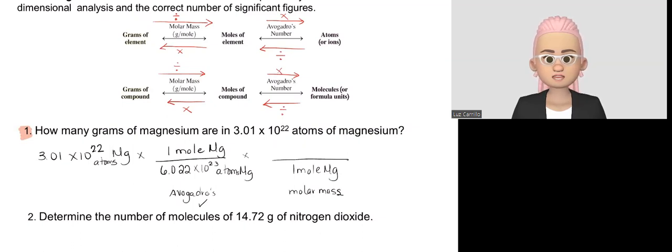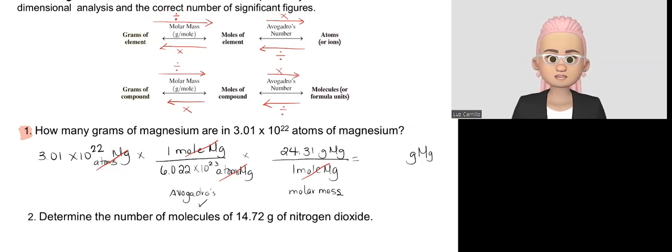If I round it to 2 decimal places, it's going to be 24.31 grams of magnesium. So when I do this, atoms of magnesium cancels with atoms of magnesium. Moles of magnesium cancels with moles of magnesium. The overall unit for my measurement is going to be